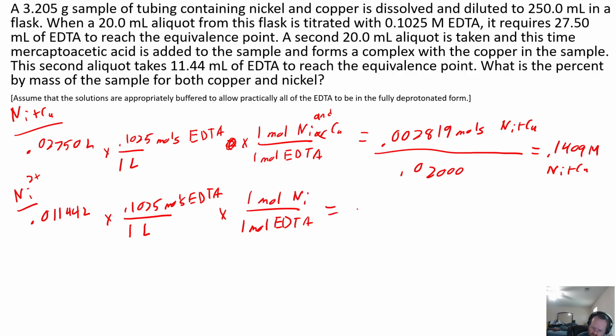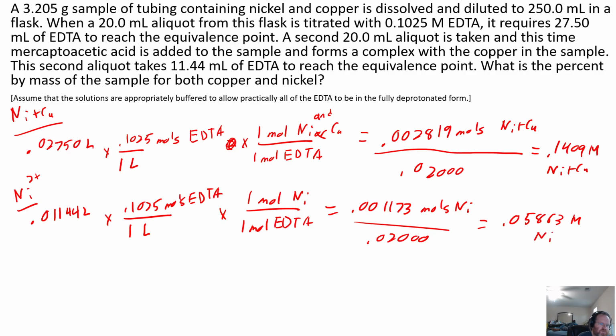And so when you do that, you get 0.001173 moles nickel. This sample is also 20 milliliters, so we can find its molarity. And from there, we get 0.05863 molar nickel. Now that I have both these pieces of information, I can also find the molarity of my